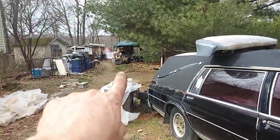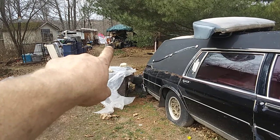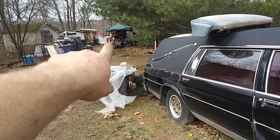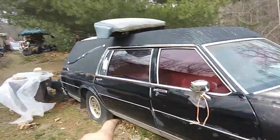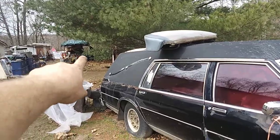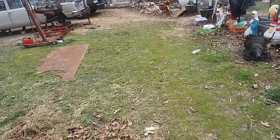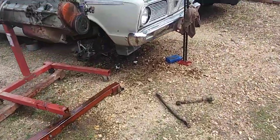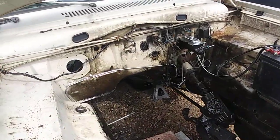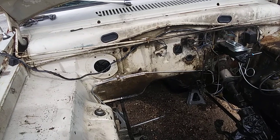So it's either that, or back there in that yellow four-wheel cart, I got the early 70s, or the mid 70s 904 automatic, and I got the drive shaft sitting back there to go with that, to go for the Valiant. So I'm trying to keep this car as stock as possible, but I'm also trying to save as much money as possible. So let me know in the comment section, what do you think? Do you think I should just do the upgrade? Because if I do the upgrade to the newer transmission, it'd be a lot simpler, but then I got to put a floor shifter